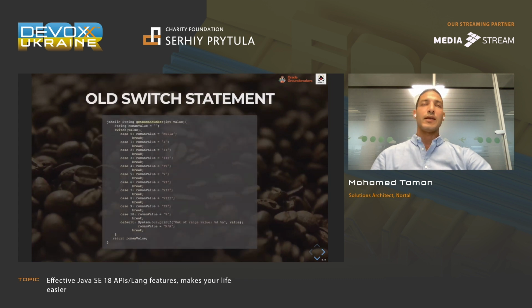So one big enhancement to one of the annoying things, to be honest, in the language that has been inherited as a syntax from C++, which is the switch statement. And there is still enhancement going on with the switch statement with pattern matching, because first we needed to enhance the switch statement and introduce switch expressions.